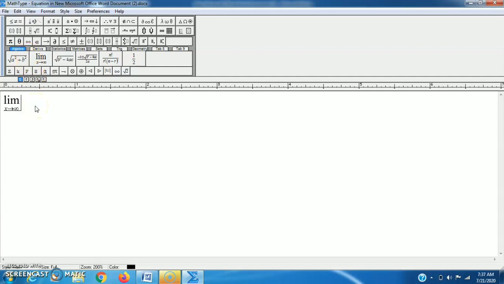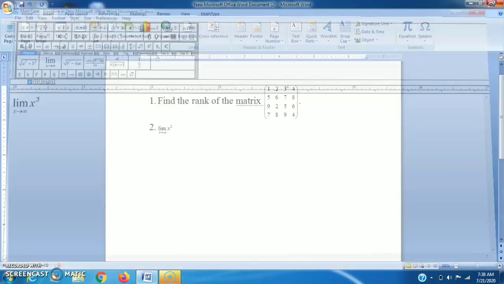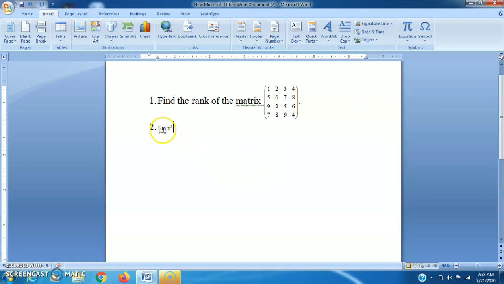Suppose I want to find the limit x tends to infinity of x square, then I can close it. So in this way we can use the limit function.